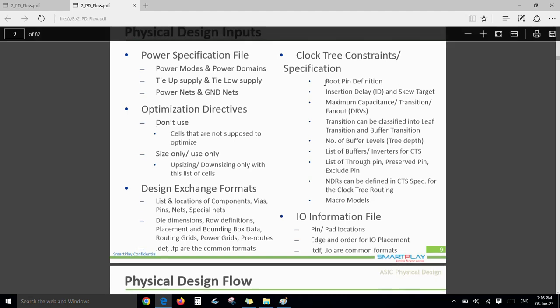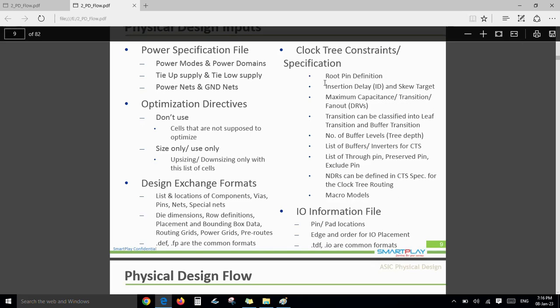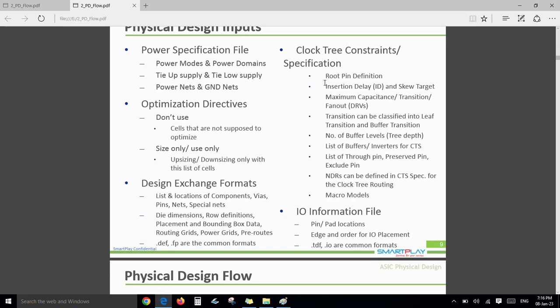And IO file is an optional file. Pin and pad location, edge, order of IO placement. So which order we need to place, or which way we need to place, we need to have it in the